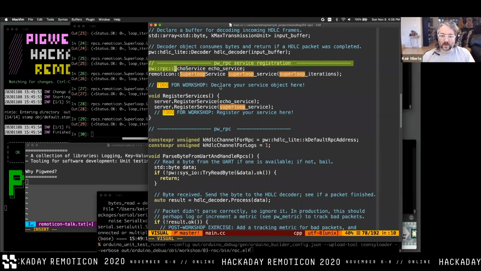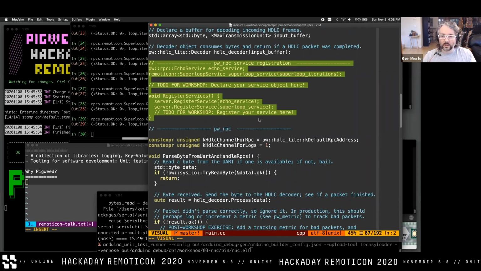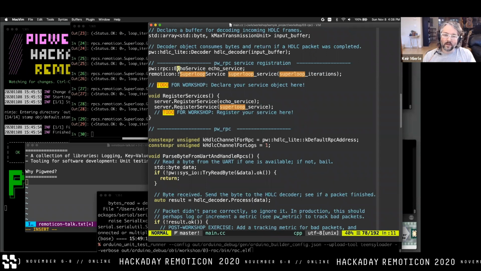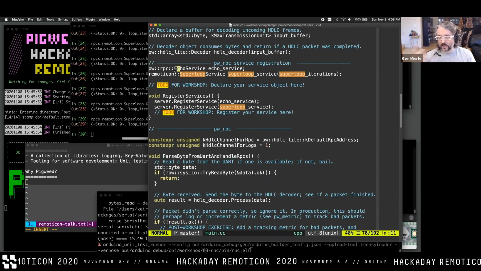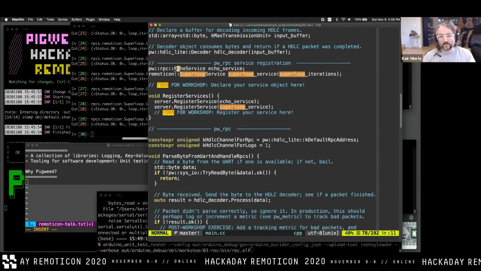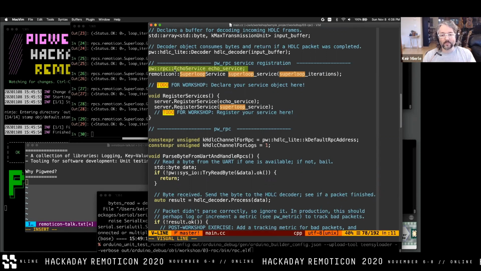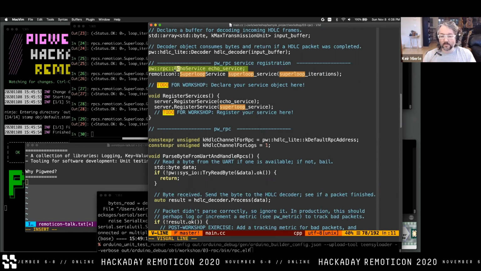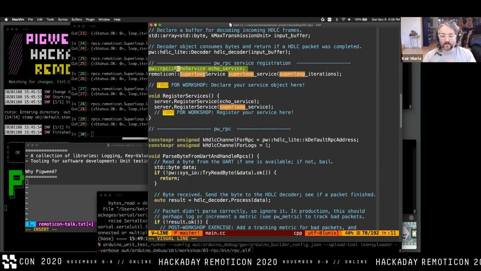Okay, now this part is one of the things that I think makes Pigweed's RPC really cool: it's just like gRPC, and you can declare services that are in shared libraries that can be included in other projects. So the example here, Echo Service. Echo Service is in Pigweed upstream, but what we've done here is include it in our binary as just a component that you stick in, register it with your server, and you're good to